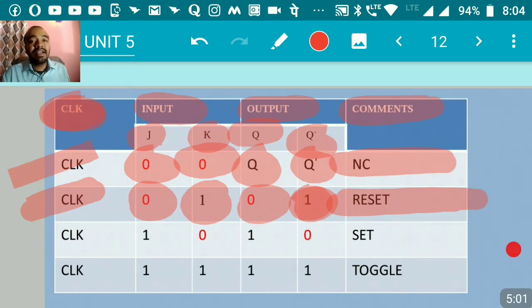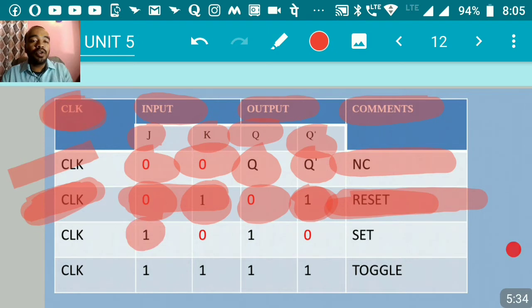And this reset state of JK flip-flop will be available only after the application of the clock pulse. Though you have given the inputs, the output will not be available at the JK flip-flop output, because the JK flip-flop works along with the clock signal. After you apply the clock signal, only then the JK flip-flop will give you the output, and this state is called the reset state.